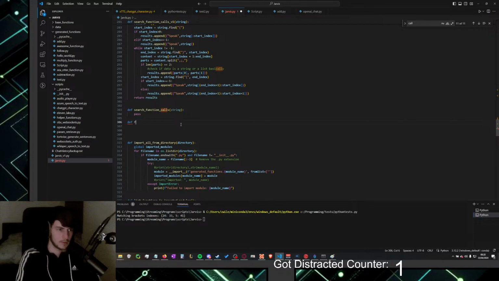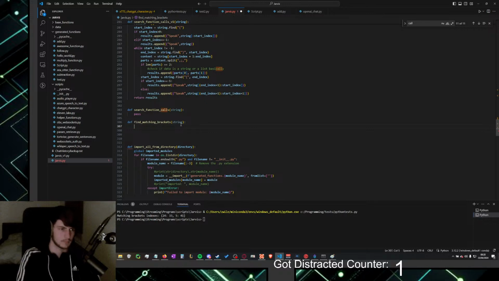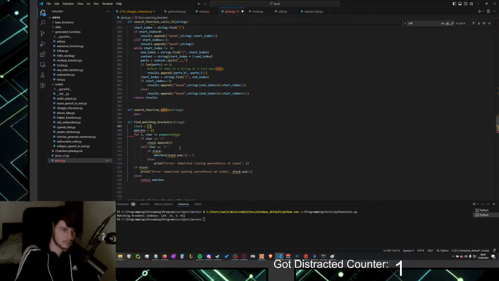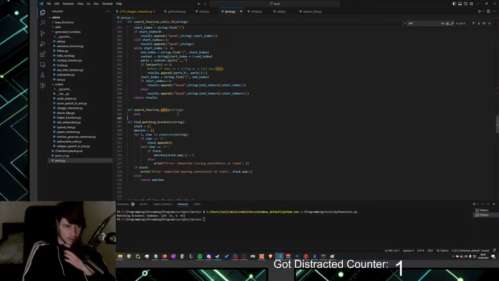Def find matching bracket, string, like this.